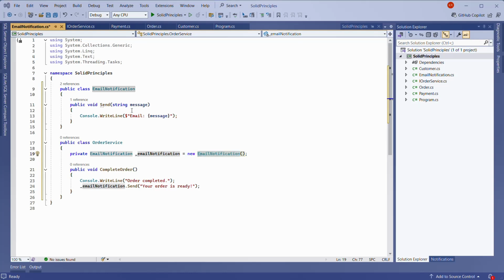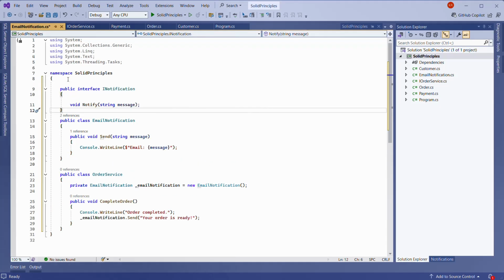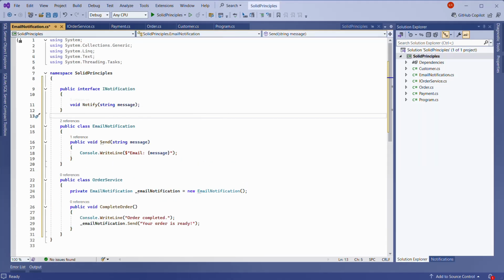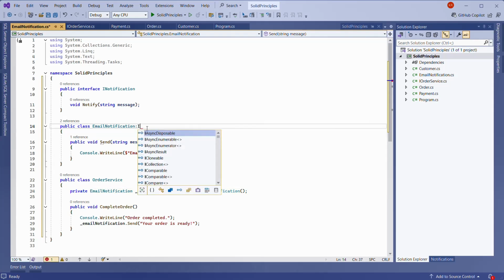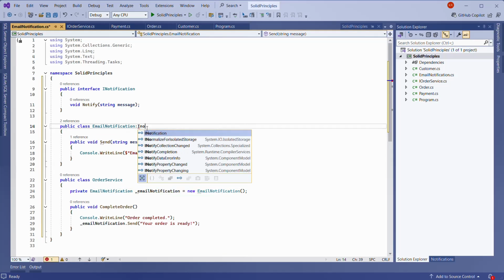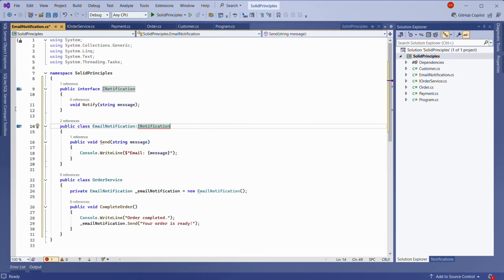Instead of directly creating the email notification, for example, in future you may want some other type of notification. So what you need to do is create one notification interface. Then the email notification needs to inherit the iNotification service, the notification interface,